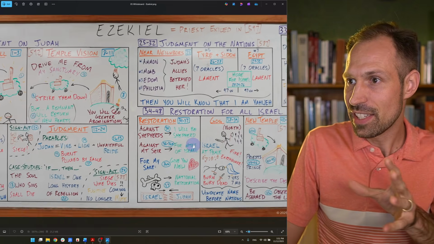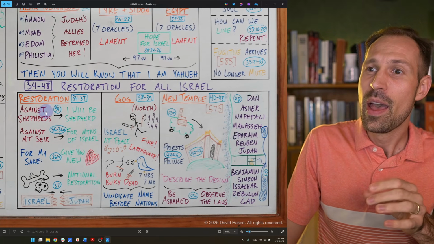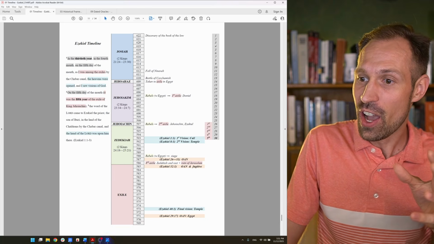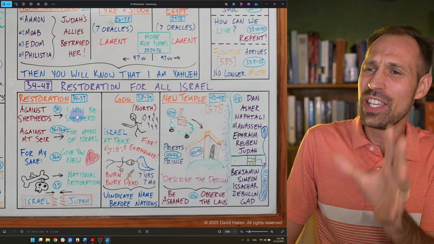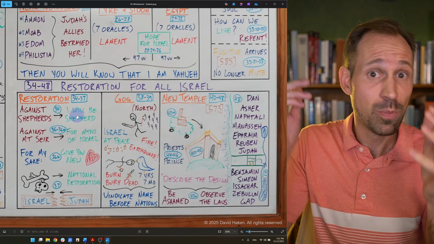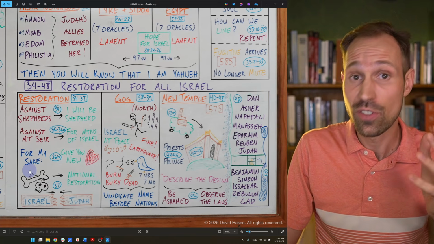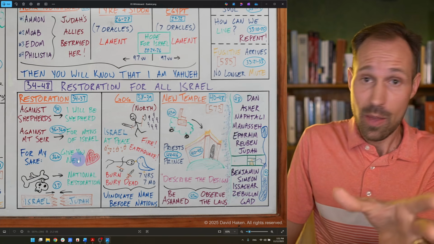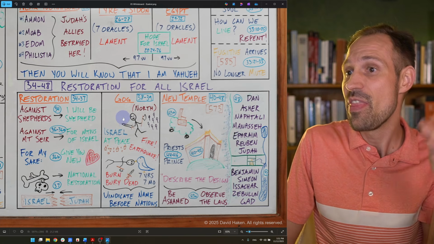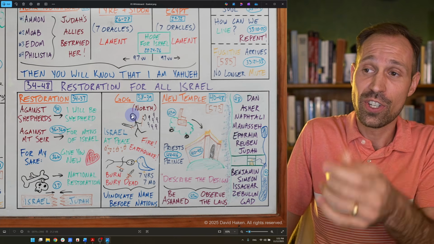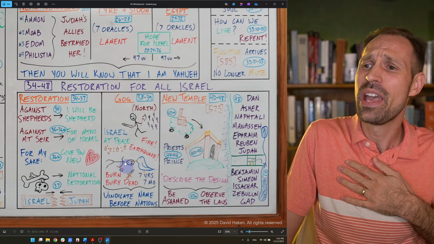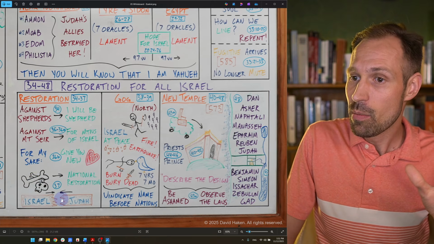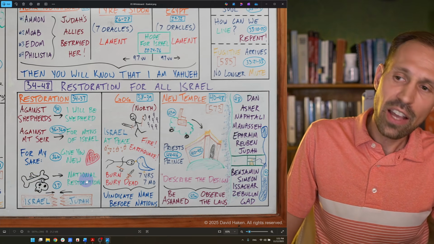And therefore, because Israel's shepherds have been bad shepherds, think of Jehoiachin and Zedekiah, Yahweh promises, I will be your shepherd. And because Israel has proven again and again that they have a heart of stone, Yahweh says, I will give you a heart of flesh. And because nations have attacked you and they will attack you again in the eschatological future, Yahweh promises, I will come and be your defense. And that valley of dry bones, which is the kingdoms of Israel and Judah, will be brought to life again in the land.